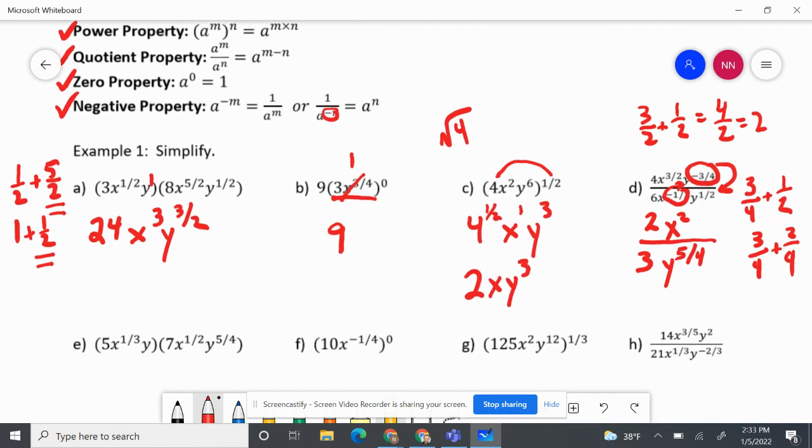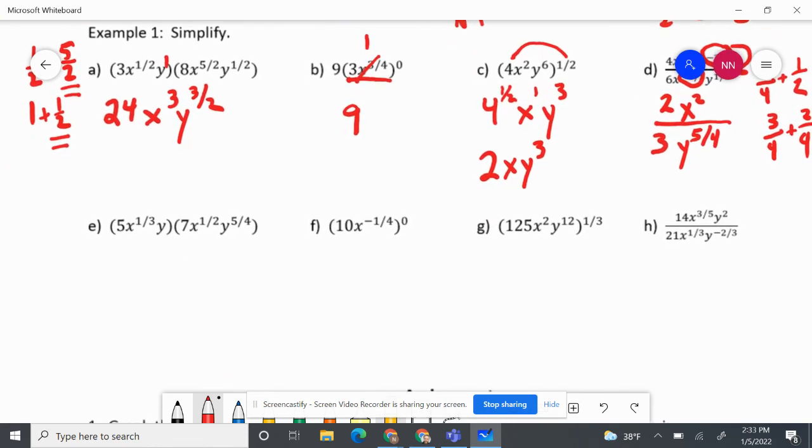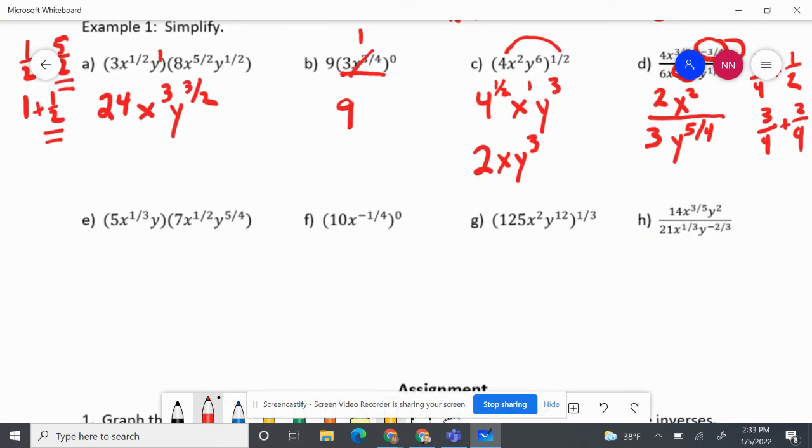Let's look at a few more examples. For letter E, we're multiplying. So we have 5 times 7 is 35. We add the exponents, so 1/3 plus 1/2. We need a common denominator, which would be 6. So that would be 2/6 and 3/6, which is